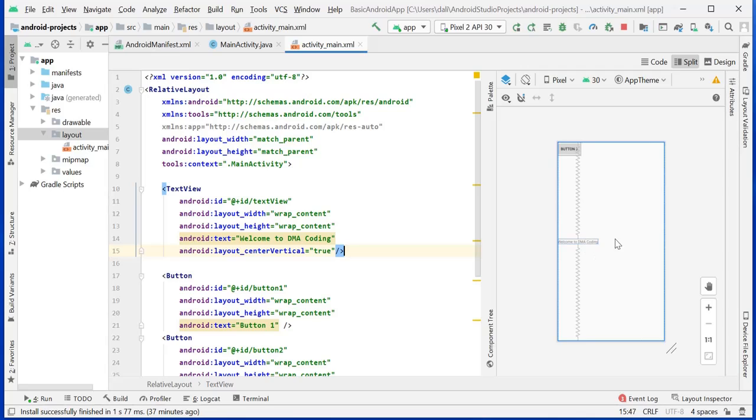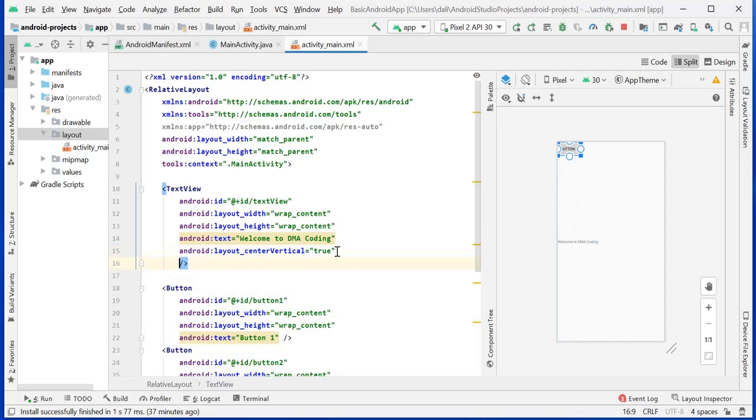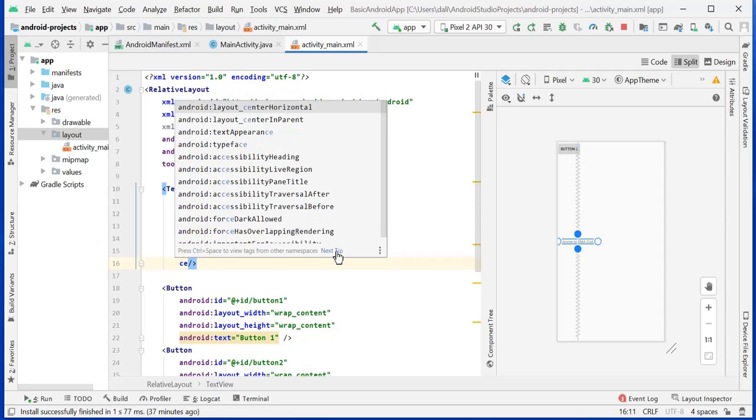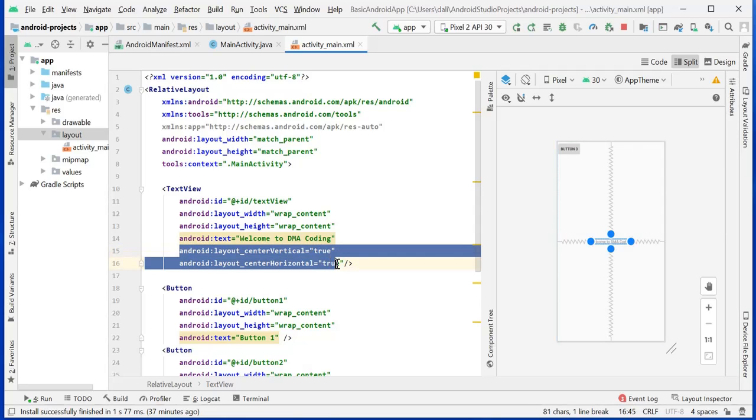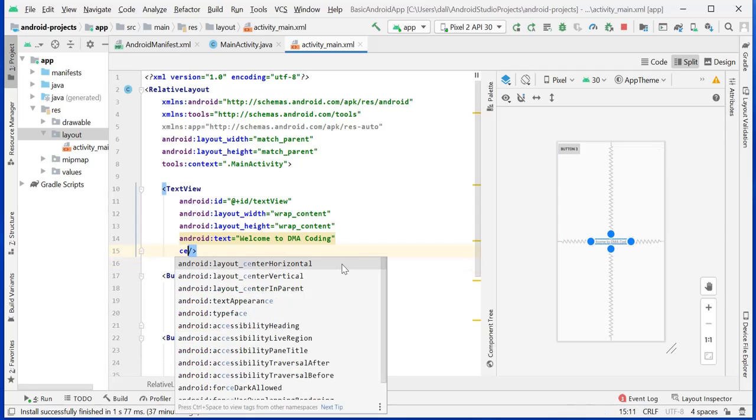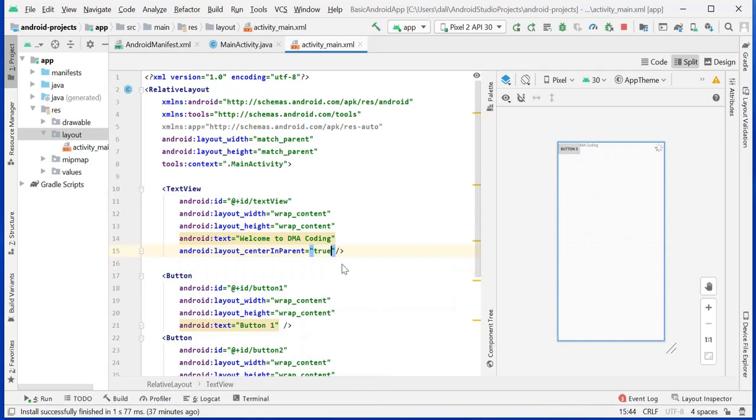So if you want to make it in the center, we need vertical true and center horizontal also true, then it will come in the center. Better to write center in parent. It will work the same: whatever the parent is, it will make it centered.